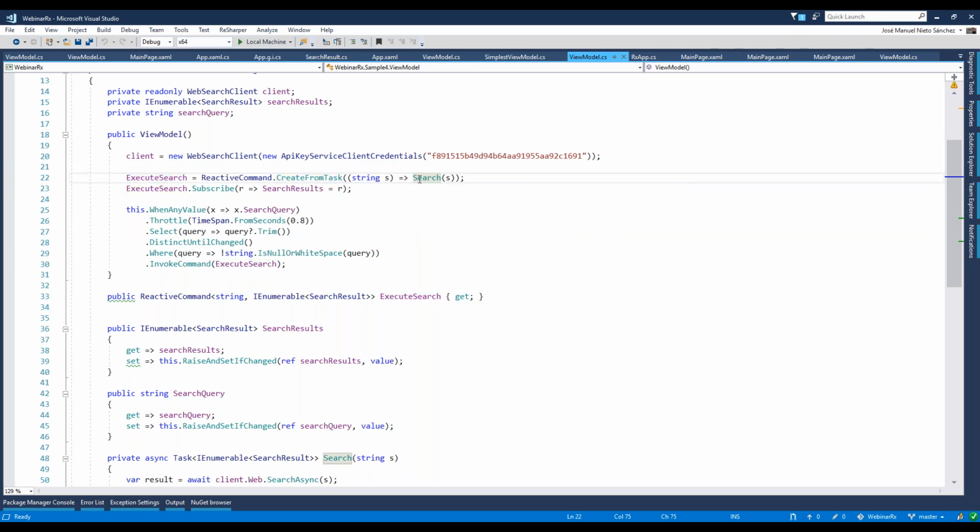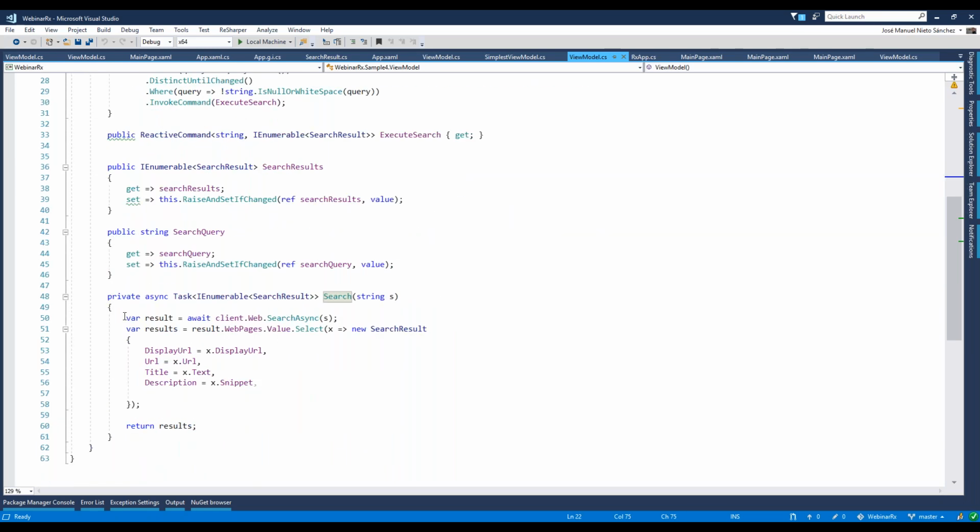The task is a search that is made here. You just invoke the method to actually do the search, and after you are done with the search, we are projecting the results to some object